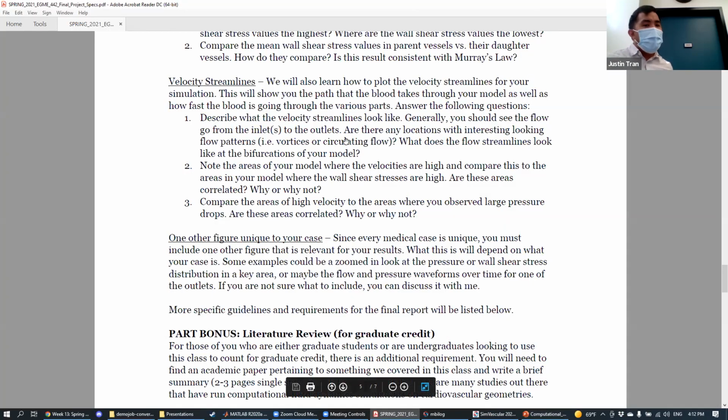Okay, and I have some questions here that you can answer with regards to those velocity streamlines. Okay, so first of all, I want you to just describe what they look like. Okay, next I want you to take note of the areas in the model where you see a high amount of velocity. And so that's basically where the blood is flowing really fast, okay? And then I want you to compare that to the previous figure,